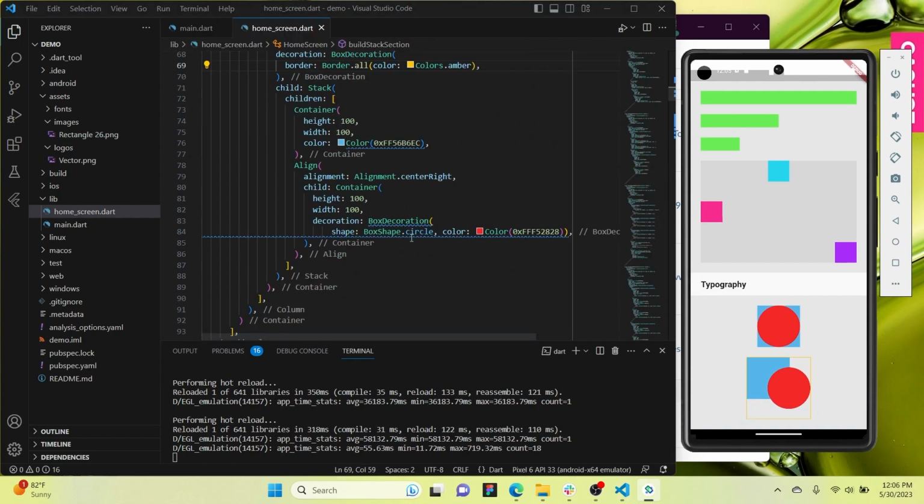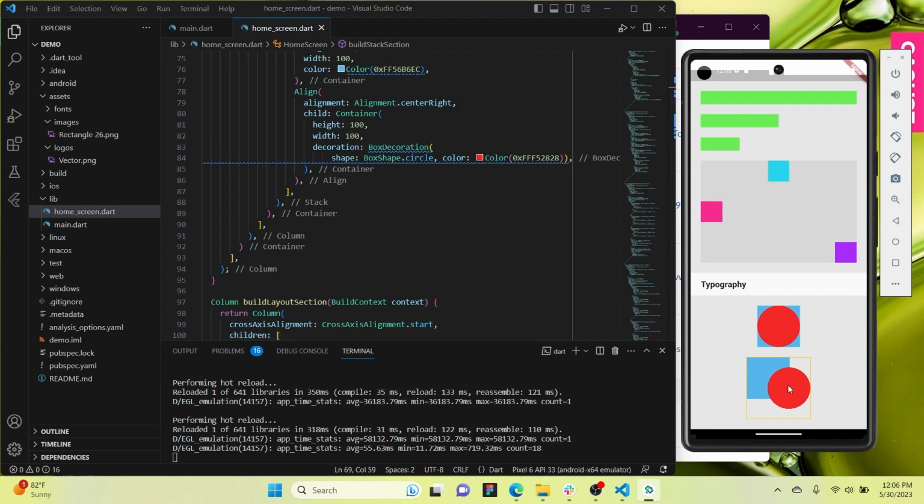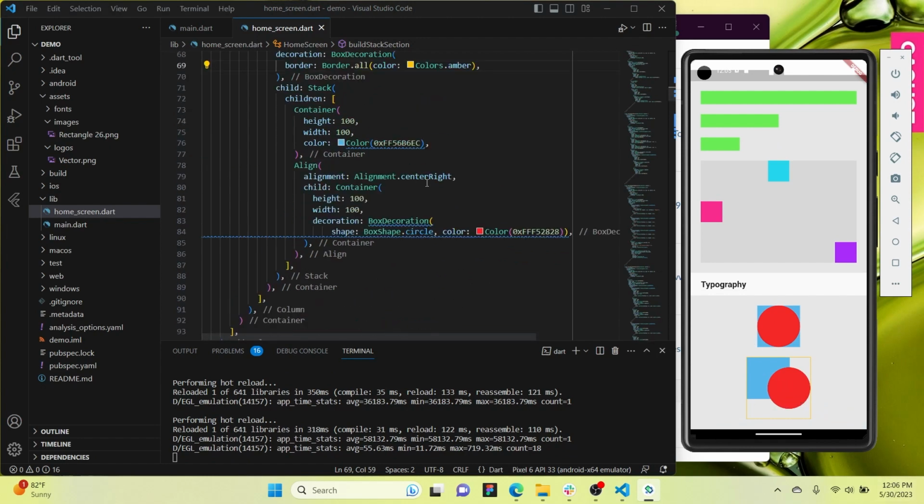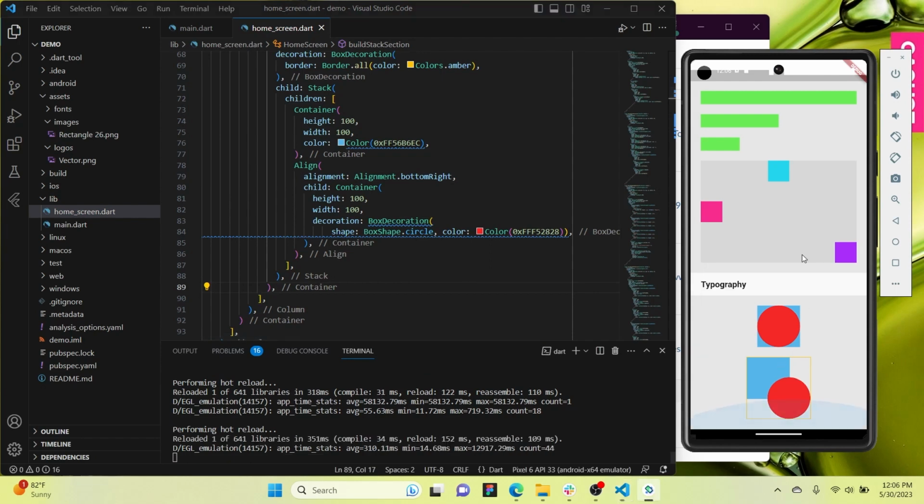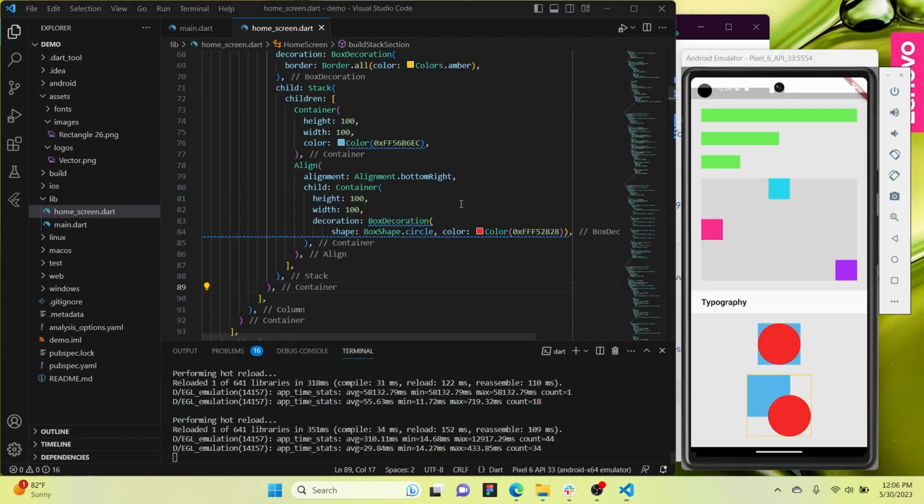If we were to align it, we are supposed to send the circle all the way to the bottom. Right now it's coming to the center right, so let's send it to the bottom right. So if we were to restart this, okay, I forgot to